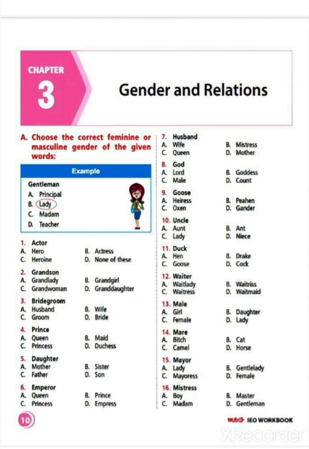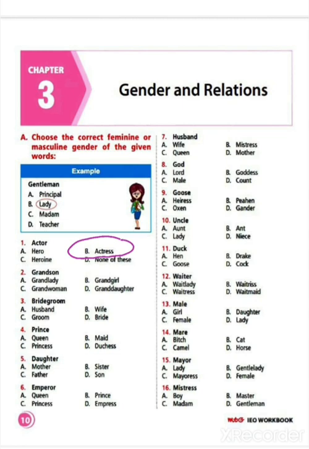Word is actor. Okay, and then there are four options. So first you have to get it clear in your mind that the word that is given in the question, that is of which gender, male gender, female gender. You get it clear, and then the opposite of that gender you have to look for in the answer. So actor is masculine, the feminine of actor will be B, actress.